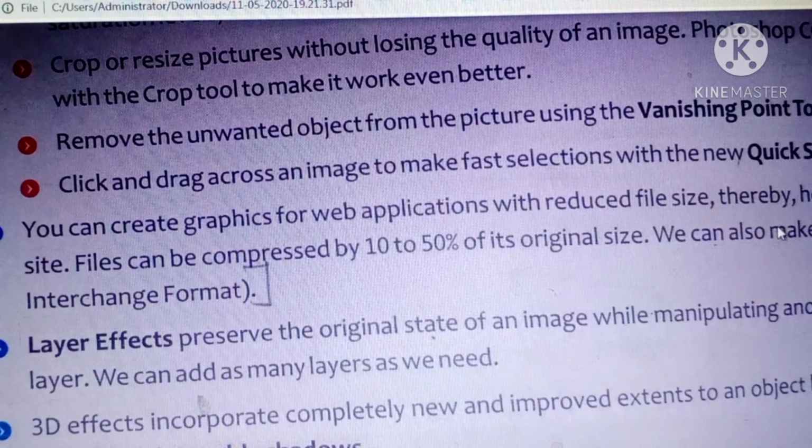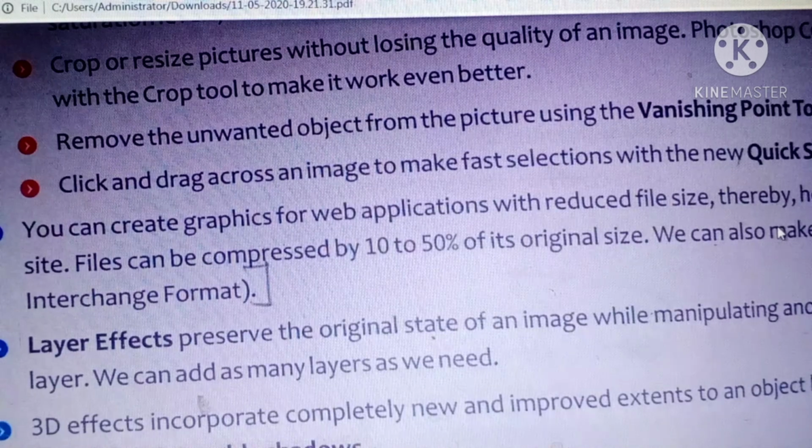It also has a layer effect. Layer effect means in your image you can make different layers. For example, if there is a face, that is one layer. The background is the second layer. If there is another thing in your picture, that is the third layer. If you make changes in one layer, that will not affect the other layers. तो हम एक पिक्चर को different layers में divide कर सकते हैं by using Photoshop, and it will be very easy to do the editing in Photoshop.